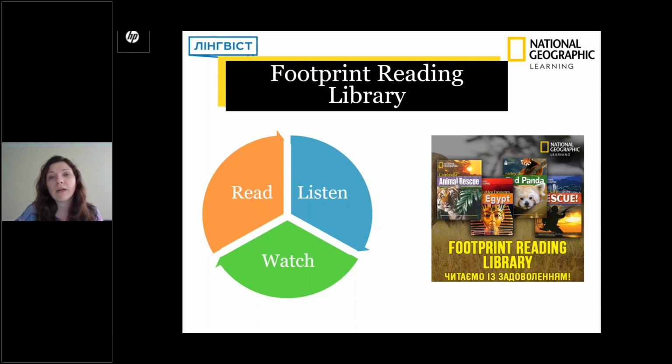Also, which is unique for a reading series, there is the DVD. You have one DVD for one sub-level. So, for example, that is A2 for 800 words. You have more than 10 books for this sub-level, and all of them are collected in one CD and in one DVD. So you don't need to buy one disc for each book. You have it for all the sub-level.